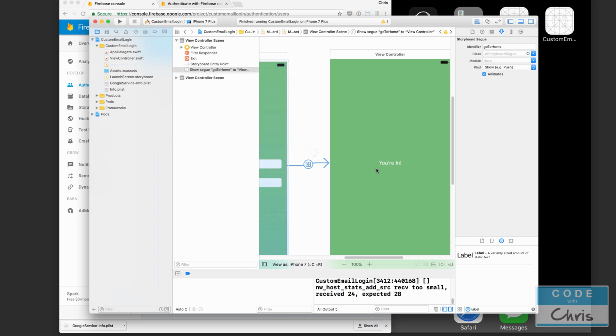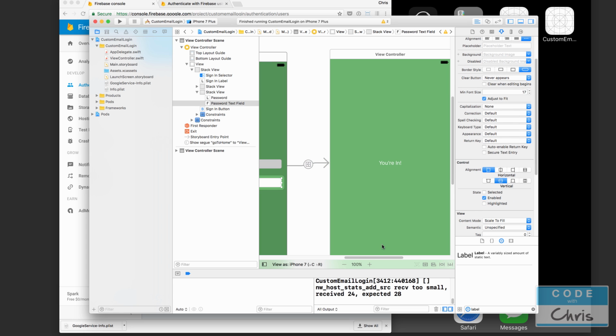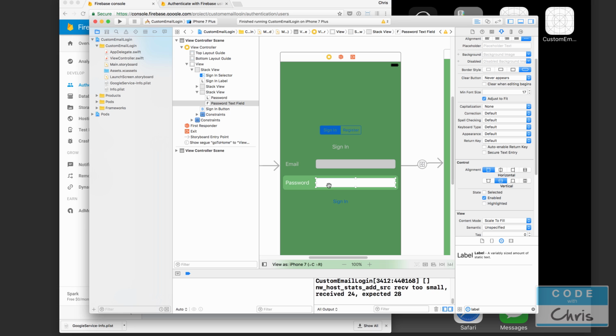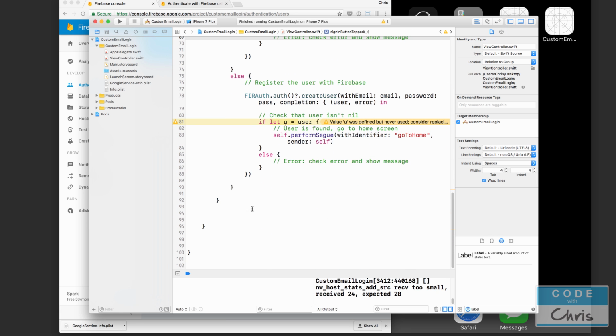Let's go back to the storyboard. Let's change this text field to secure text entry. Okay, right now I have the password text field selected, secure text entry. Boom. Okay, and what we also want to add in the ViewController.swift down here, and this is getting sticky